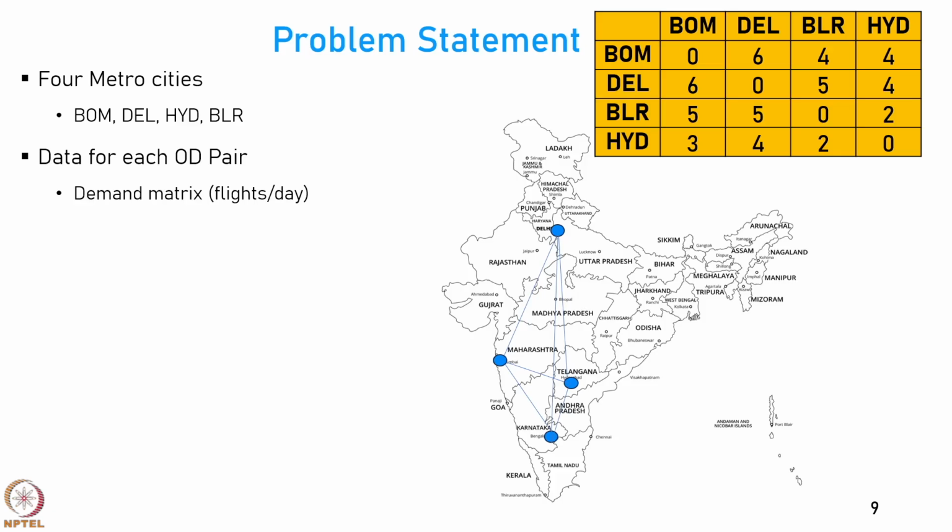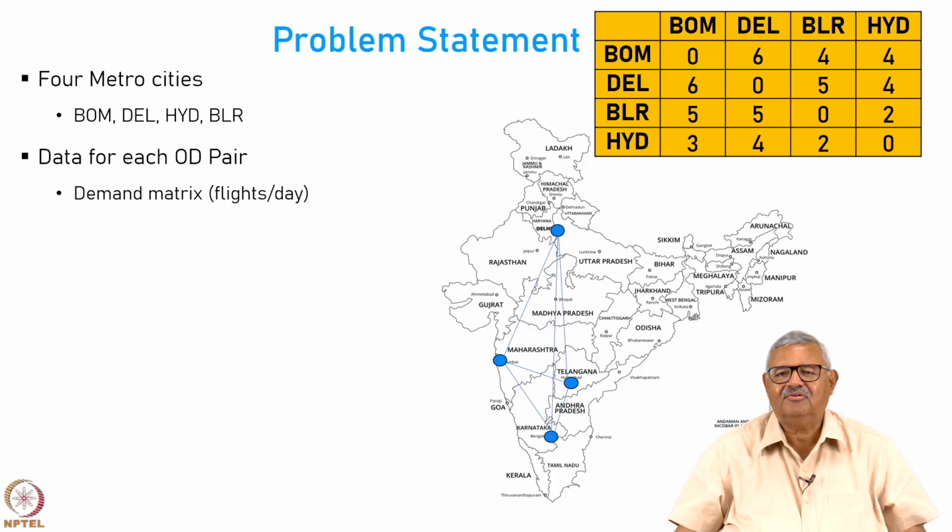are demanded. Then the next busy routes are Bombay Bangalore, Delhi Bangalore and Bangalore Delhi, where 5 flights per day are demanded. On other routes like Delhi Hyderabad, Bangalore Bombay and Hyderabad Bombay, you only look for 4 flights. Plus there are some routes which are very thin. For example, Bangalore Hyderabad and Hyderabad Bangalore, only 2 flights a day are demanded.